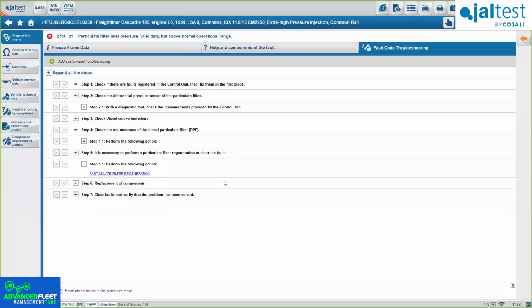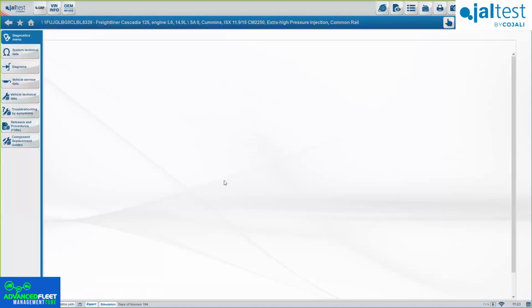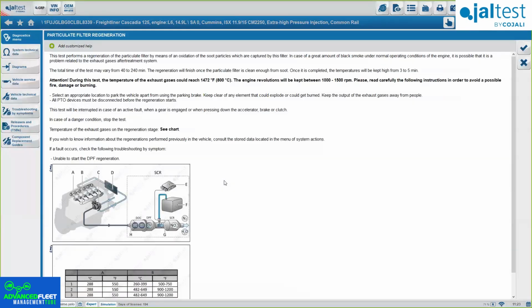But again, you know, guys, the expert mode, if you don't have it, you will have very limited capabilities on how to change parameters, perform calibrations, or maintenance options, okay? Since any action that is going to change information on the ECM, is going to rewrite information on the ECM, will require the expert mode, okay?